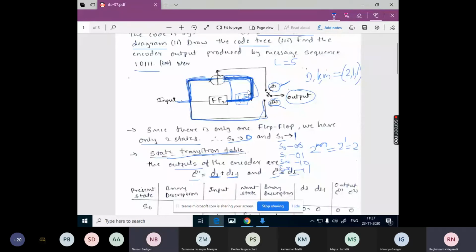This is the current or present bit, this is the first previous bit, this is the second previous bit. If we have some more flip-flops, it goes further back. So these flip-flops act as a buffer or memory to store the previous values.